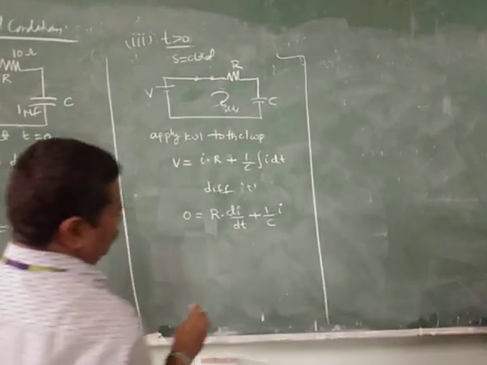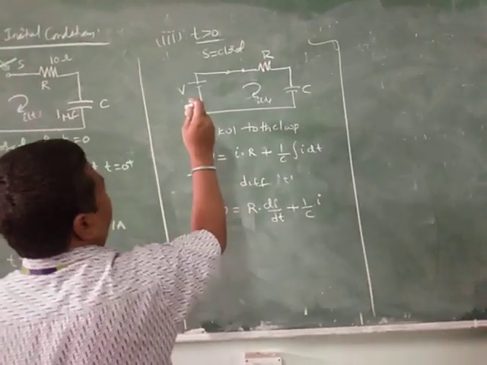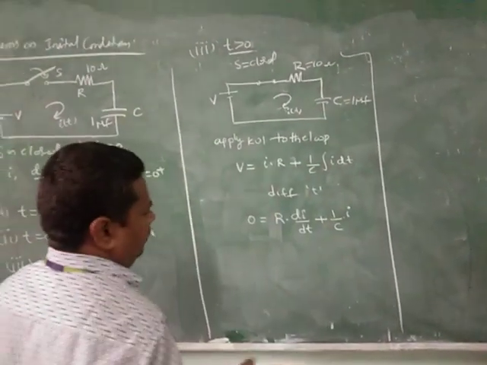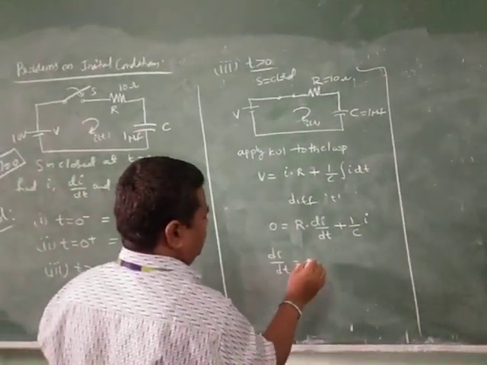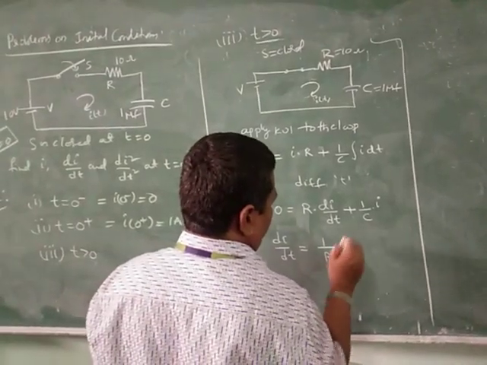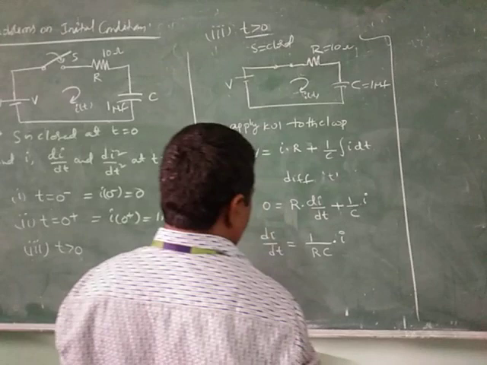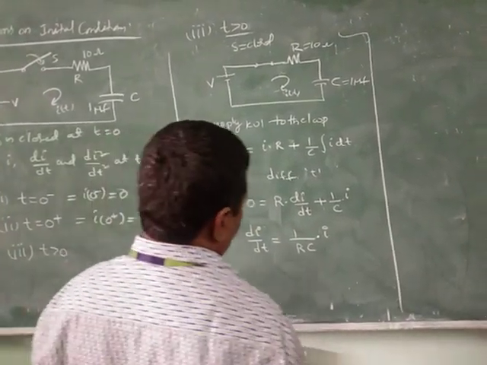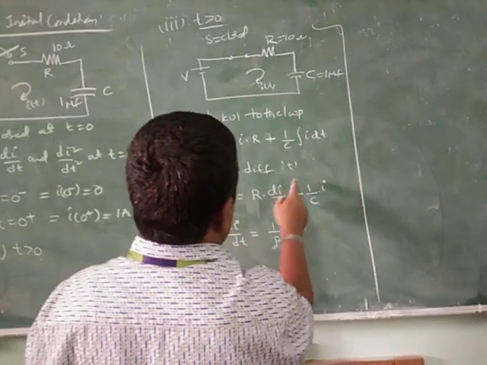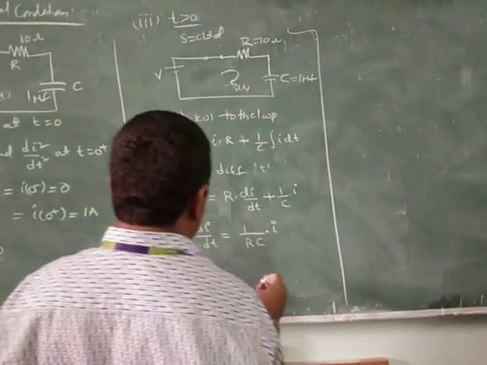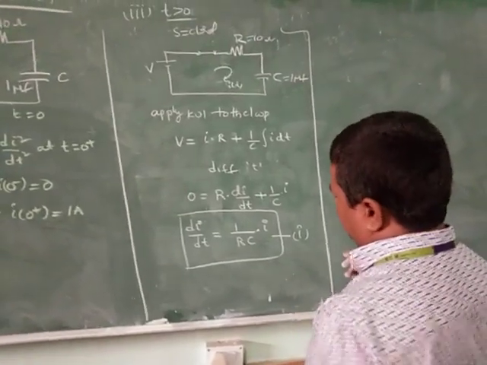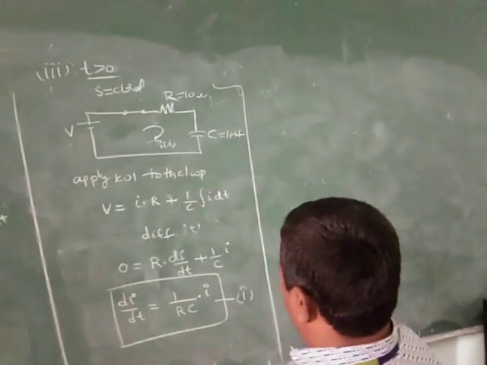Now substitute the values here. R is equal to 10 ohm, C is equal to 1 microfarad. So di by dt is equal to minus 1 by RC into I. Differentiating 1 by C integral I dt gives I. So di by dt is equal to minus 1 by RC into I. Now find